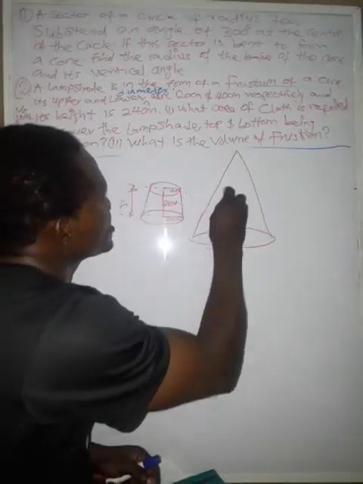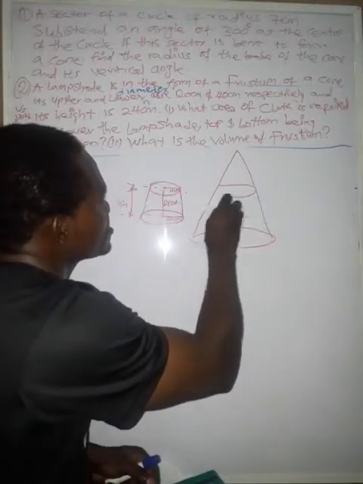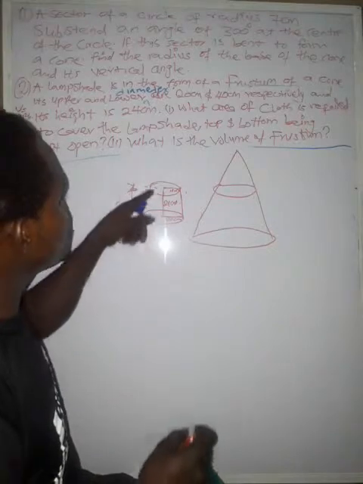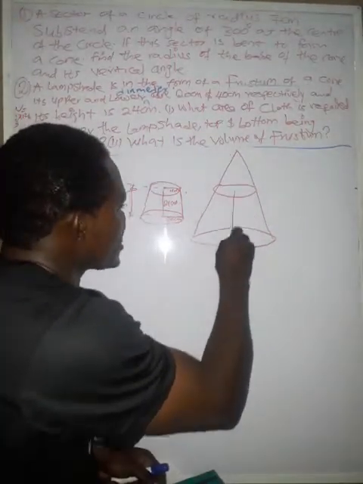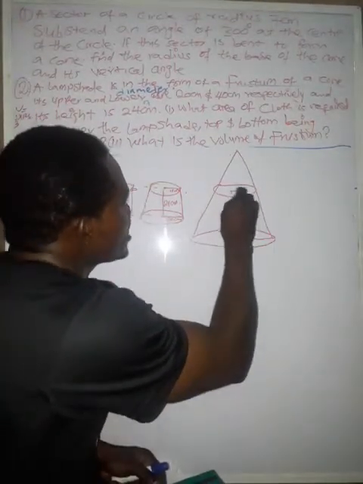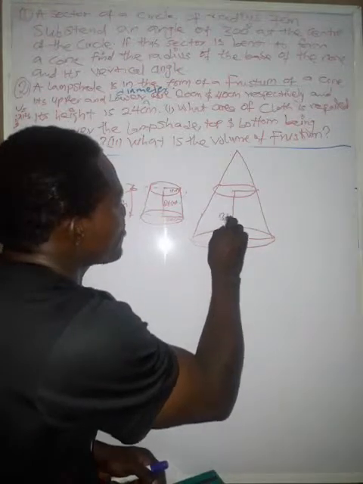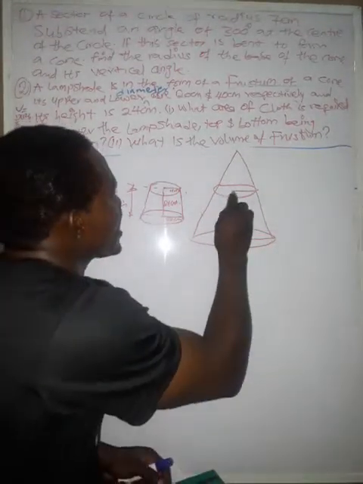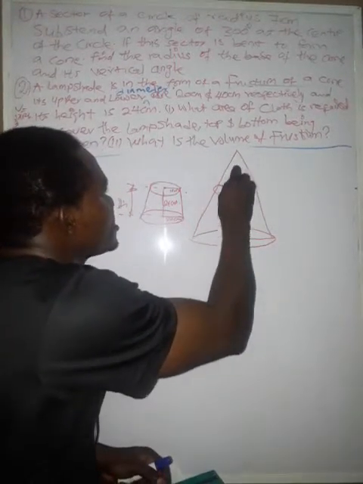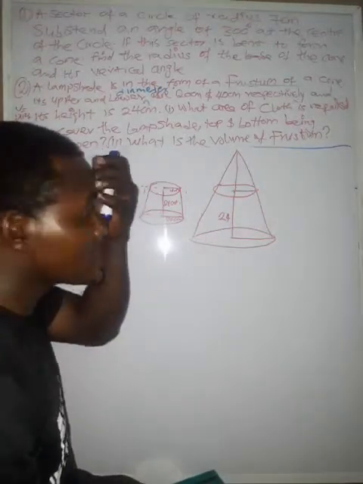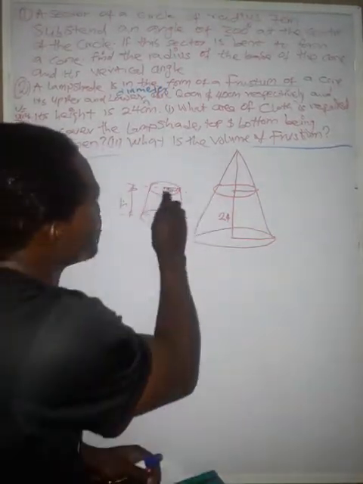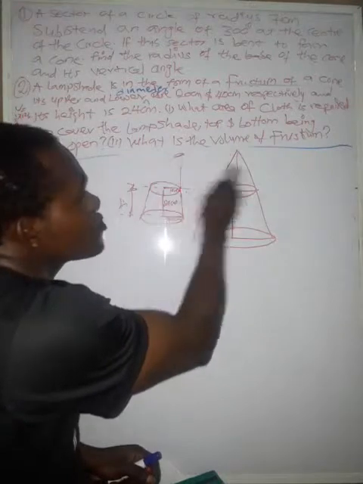I'm having this. I'm also having this. You see now, from here down to this place is the height that is 24. I want to draw, then I'm now having this. So I'm joining and completing it. This is the one I added now from here, so upward, this is the one I added.